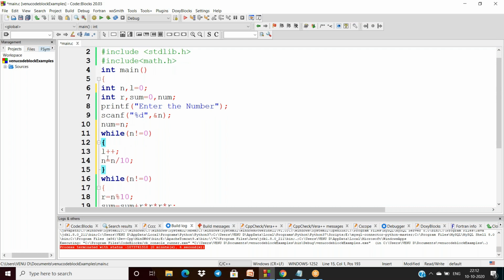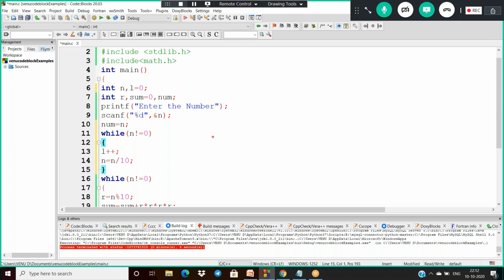That's all. So first time, the value of the given number is not equal to 0, it is true, then L will be incremented. If I'm giving input like 153, what is the L value? You will get 3.